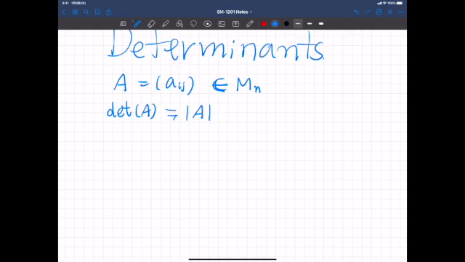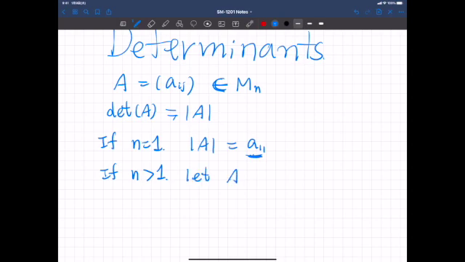We define it in a recursive manner. If n is 1, then the determinant is just A11, because in this case the only element is A11, right? And if n is greater than 1, then